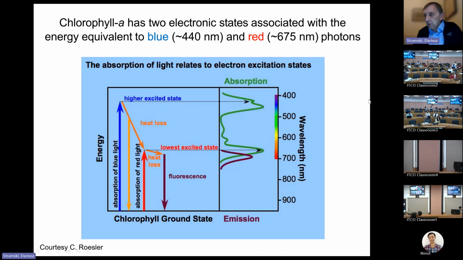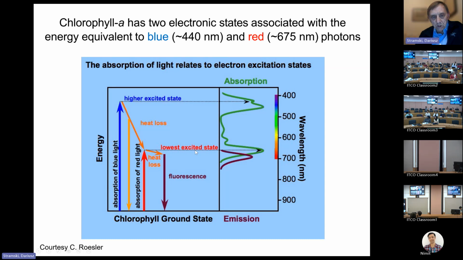This graph is similar in a sense that it also shows two electronic states associated with energy equivalent to blue and red photons for the simplified model of the chlorophyll A molecule. And we have energy here, absorption of a blue photon to higher excited states. These orange lines indicate dissipation into heat, and absorption of a red photon to the lowest excited state. Fluorescence is indicated here. And here on the right-hand side, the vertical axis is wavelength. From the top, we go from violet and blue towards red, and you can see absorption in the blue, which is associated with higher excited states, absorption in the red with the lowest excited states, and there is fluorescence also in the